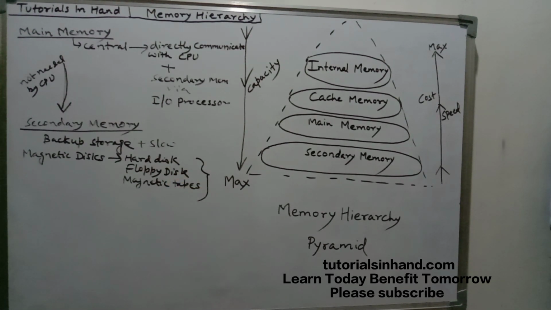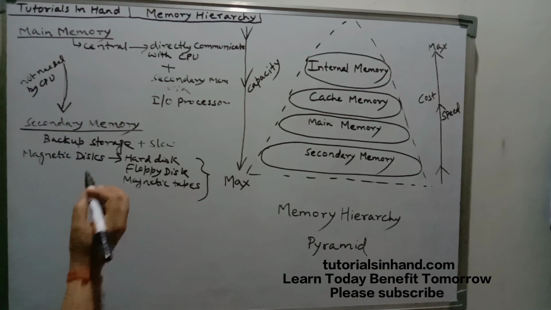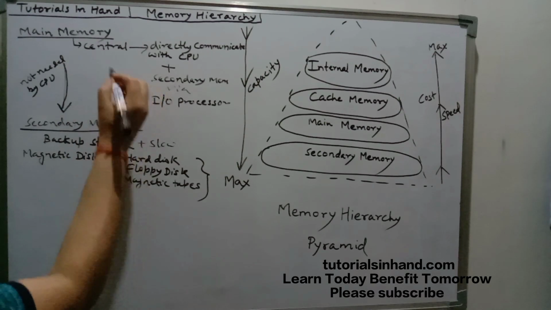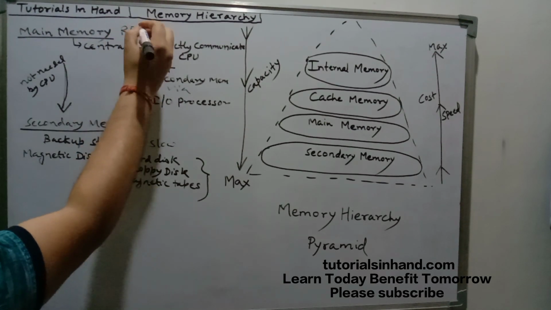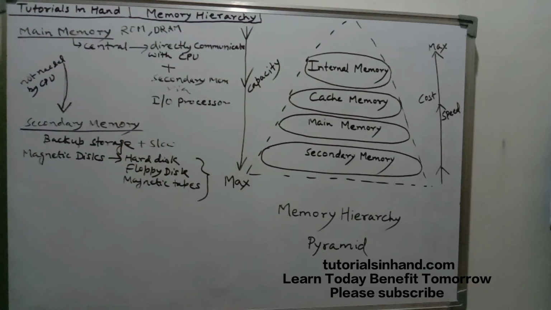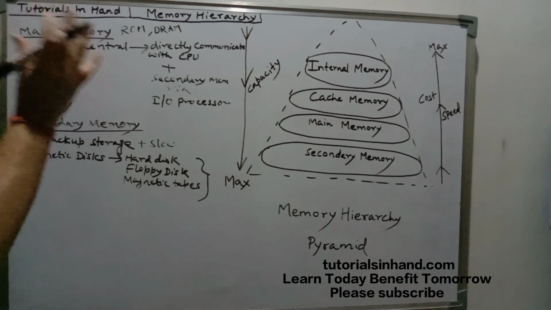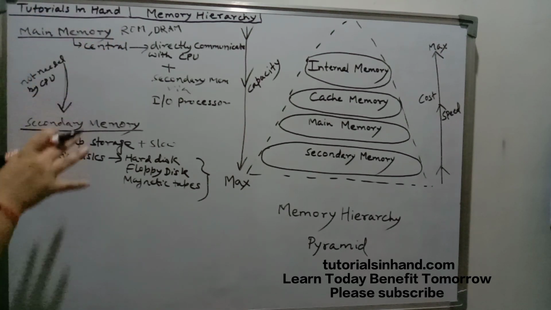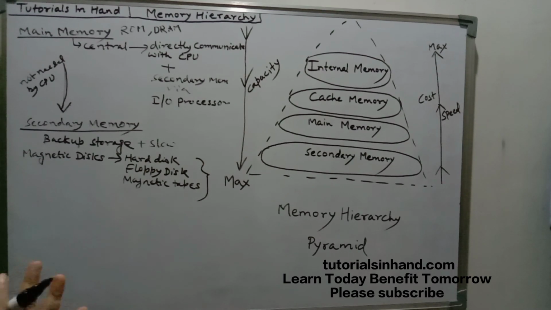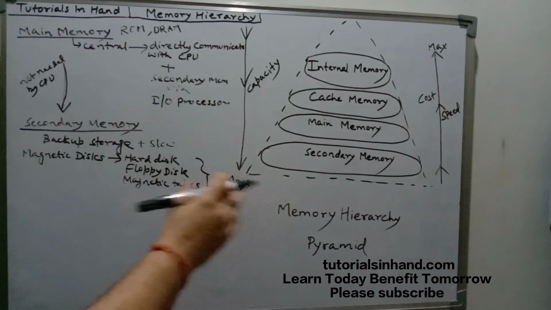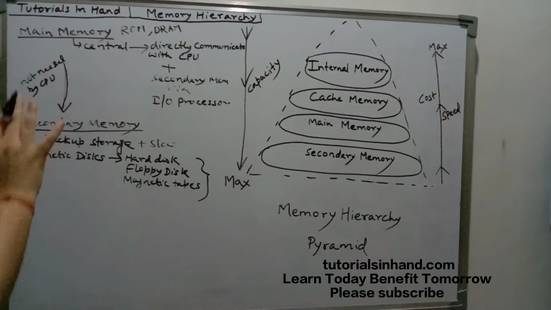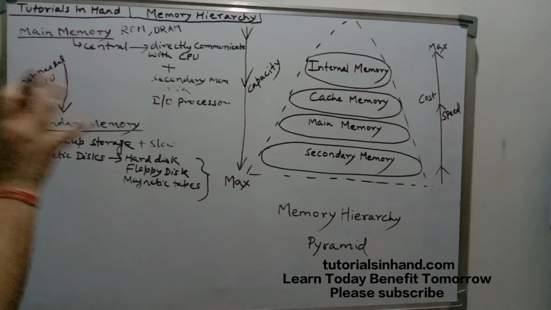And if you talk about the examples of primary memory, then example of primary memory or main memory is going to be ROM, DRAM, etc. So don't worry about these things. We will study in detail about main memory, secondary memory with much more emphasis on each and every one of them. It's just because we are discussing the memory hierarchy, so things will be shorter for this particular tutorial.